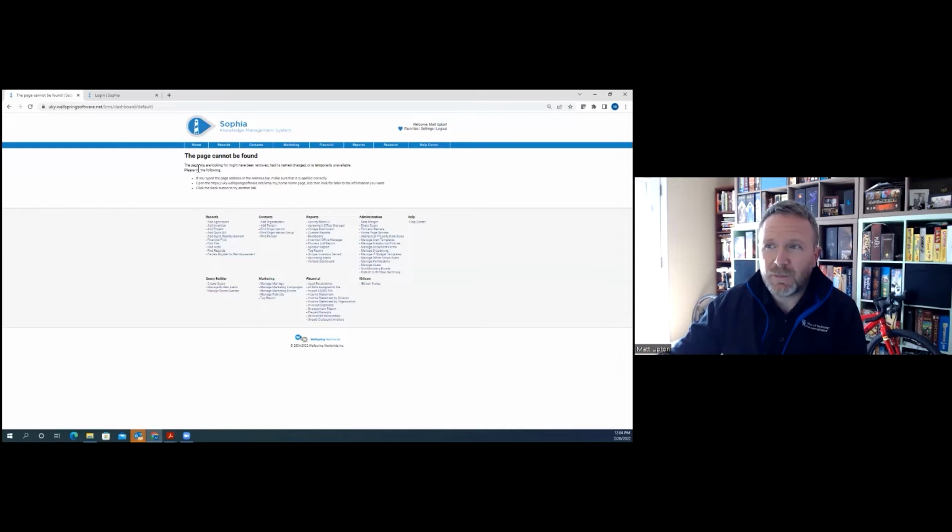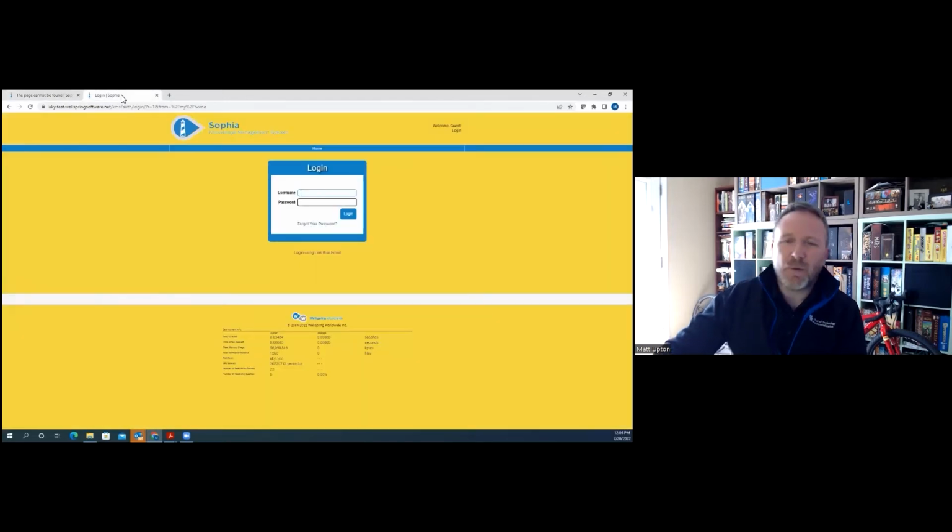The reason it can't be found is for the simple fact that I'm already a user here, but I want to show you on the test site. What you will be presented with is a login screen that looks like this. You have a username and password, but don't use that. Use this down here because we have it linked. Our vendor is linked with all of the Link Blue accounts that we have at UK. So if you go down here and log in using your Link Blue,